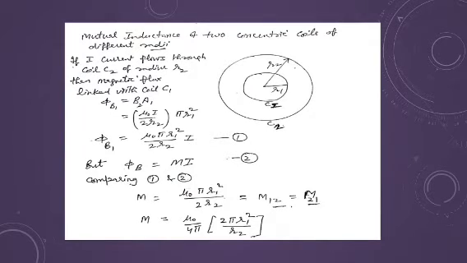Of course, this is not directly in your syllabus, but numericals I have seen many times, they give you that the coils are circular coils like this. So I'm taking these two cases with you: when the coils are kept at the same center, meaning concentric coils, or I may have the coils which are kept on the same axis.